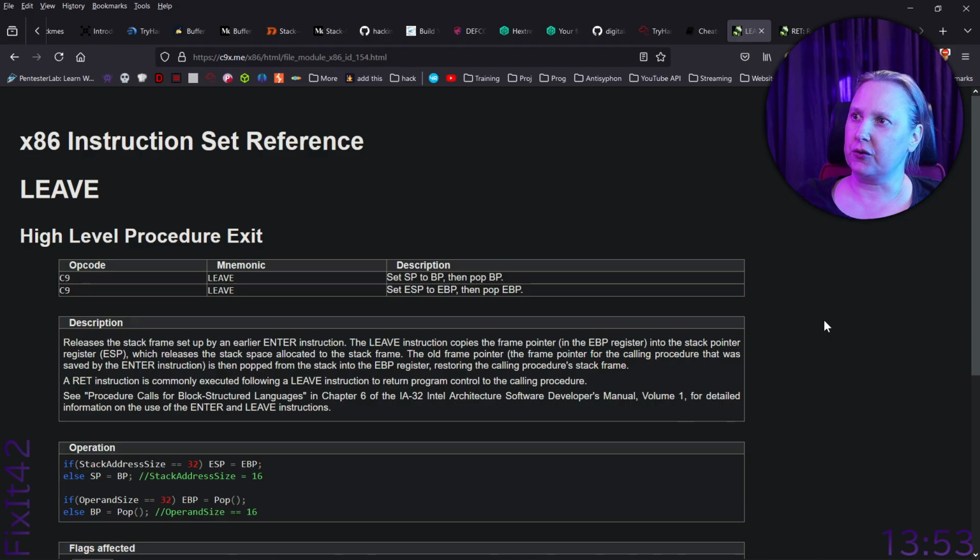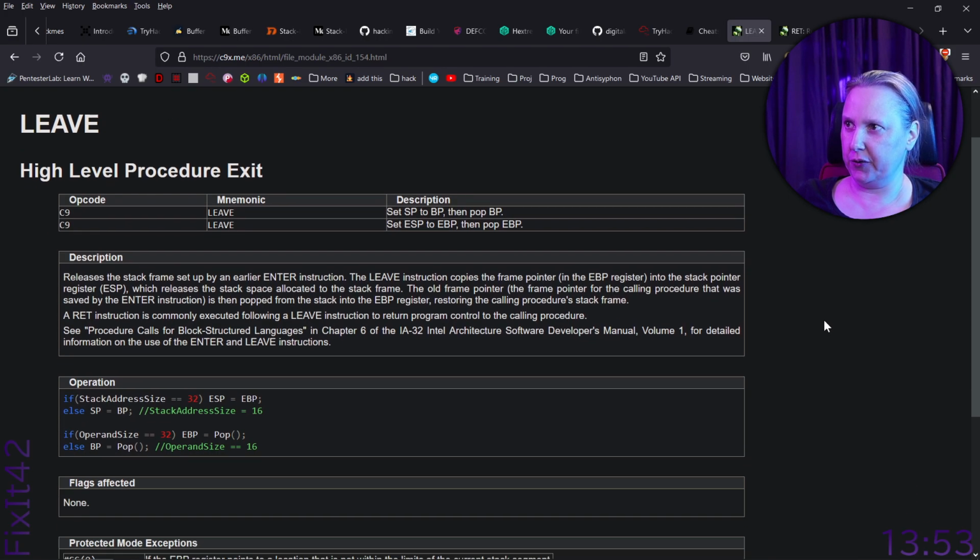So exit instruction reference, leave. High level procedure exit. Set SP to BP, then pop BP. Yeah, right.